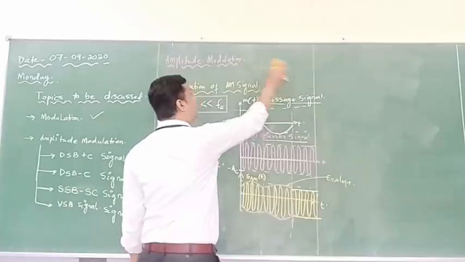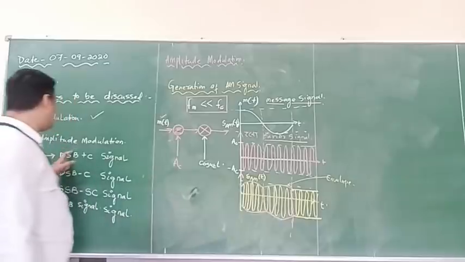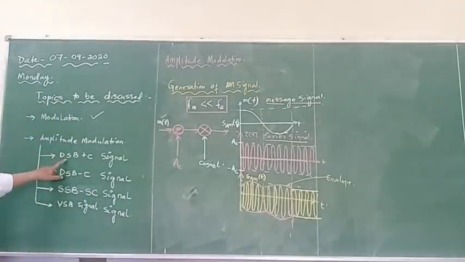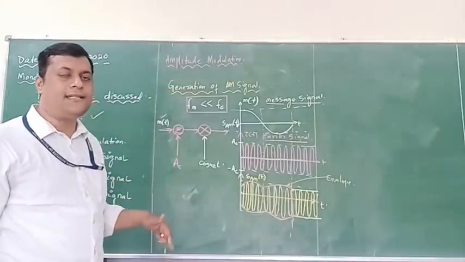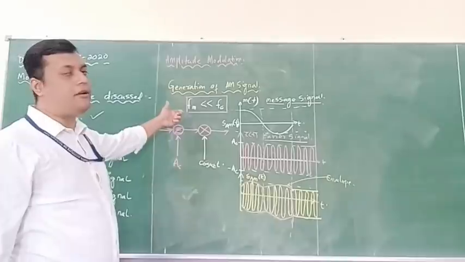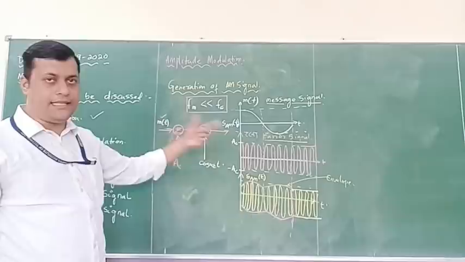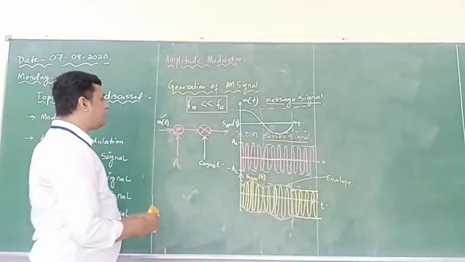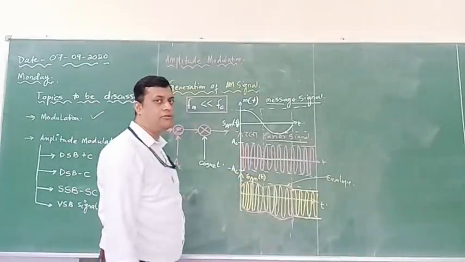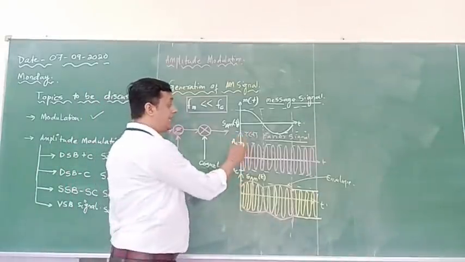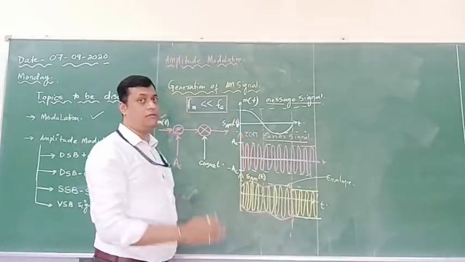So to overcome this in AM, there are different modulation schemes available like DSB-SC, SSB-SC, and vestigial sideband. These are the techniques through which this demerit of ordinary AM is overcome. That we will see in the mathematical calculation. For the time being, here we are going to change the amplitude of the carrier component with respect to the modulating signal. Here whatever I have drawn is only with respect to the time domain.